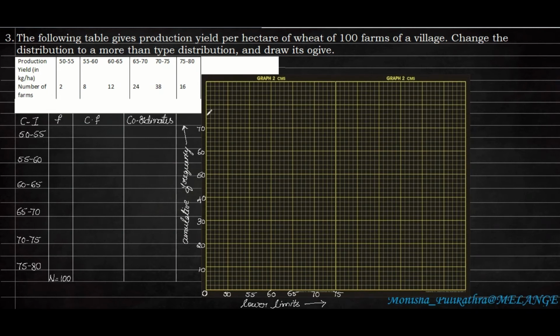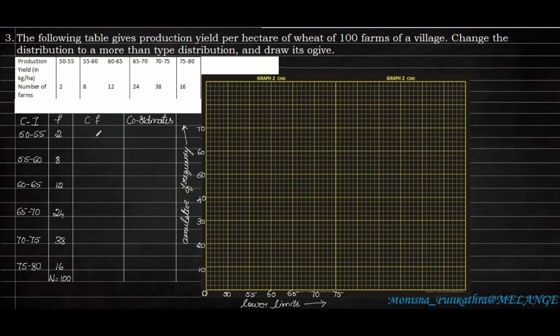There is a slight difference between less than type and more than type. In less than type, in cumulative frequency, we usually add the consecutive numbers, whereas in more than type, we will take the total of frequency. Oh, sorry, I forgot to write the frequency. We will take the total of frequency, and afterwards we will subtract it from the previous number, that is, the next consecutive number. Okay, so that is the difference between more than type and less than type.